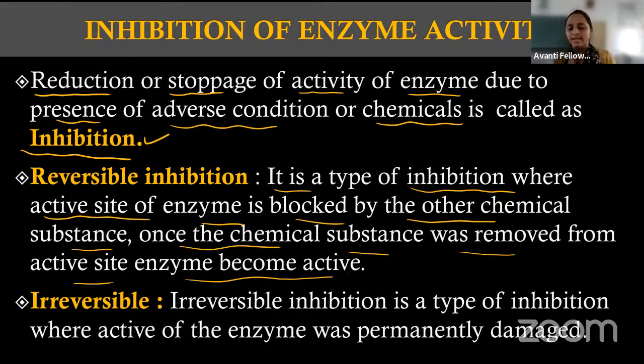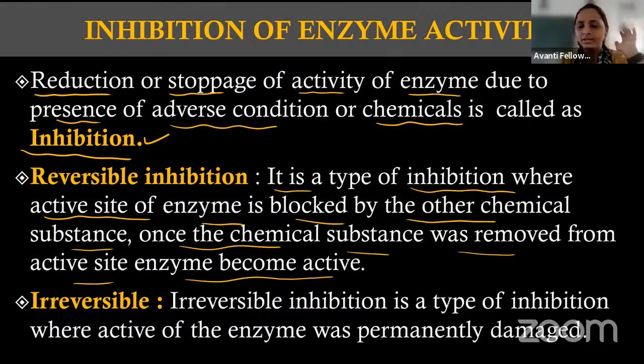So what it means exactly, students, remember here: in the reversible inhibition, what will happen? Some chemical is going to come and bind to the active site of the enzyme, right? Thereby it is blocking the active site, where the substrate cannot come and bind. Later, by removal of that inhibitor, the active site is available again, and the enzyme can work as before. So that is what we call a reversible inhibition.